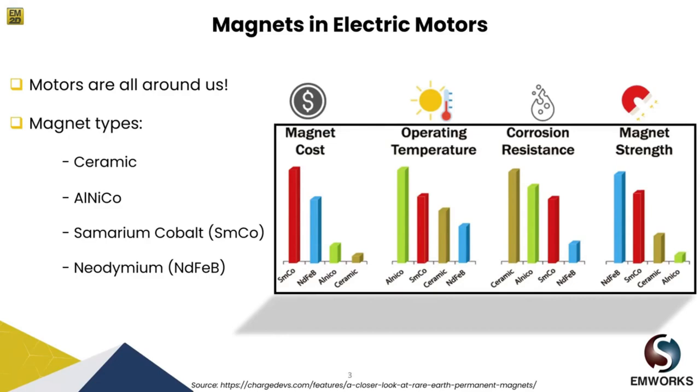Alnico and ceramic magnets are much less powerful than rare earth magnets, which are samarium cobalt and neodymium magnets, but also less expensive. In addition, they exhibit stubborn resistance to demagnetization and corrosion. The maximum operating temperature for ceramic is 482 degrees Fahrenheit, but any losses can be recovered once the operating temperature is reduced. Extremely cold temperatures, however, can lead to a permanent magnetic loss of strength. Moving ahead,